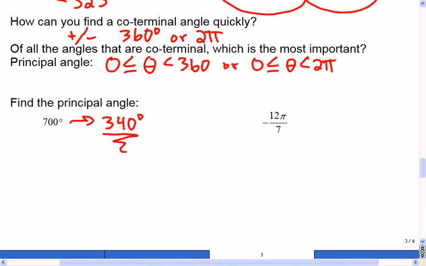Okay, what about negative 12 pi over 7? Where would you expect its principal angle? What would you expect? Any ideas? So instead of 360, you're going to add